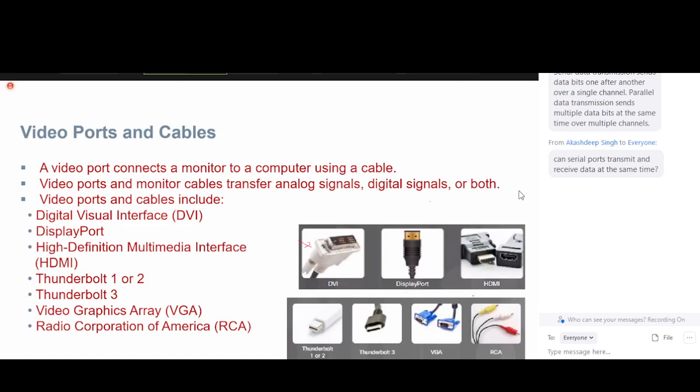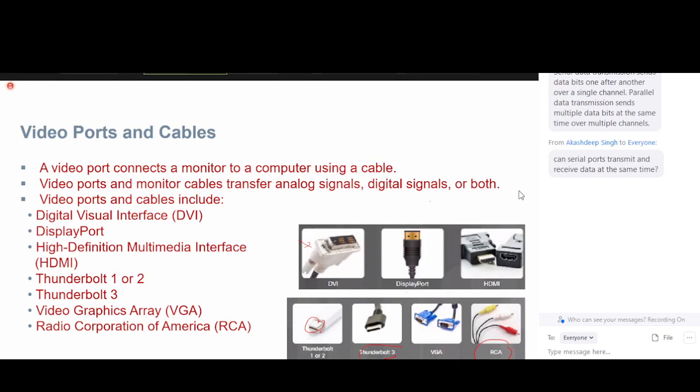DVI, DisplayPort, HDMI, they all are used in video applications. VGA, Thunderbolt. Yeah, Thunderbolt. This is for Thunderbolt, for Apple compatible devices you can connect. The newer laptop computers now, right? So you connect to your Apple device through the Thunderbolt. RCA connects your VCR kind of